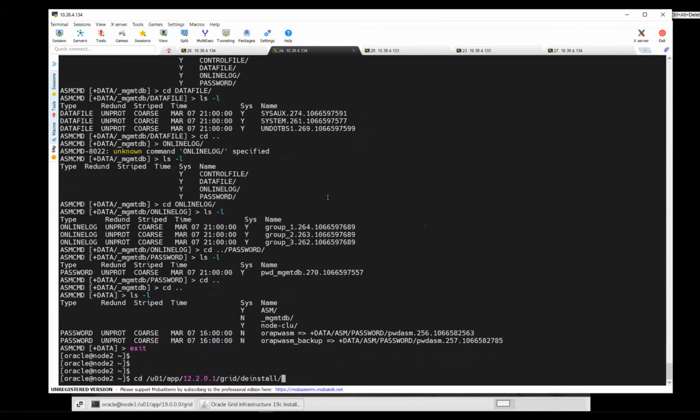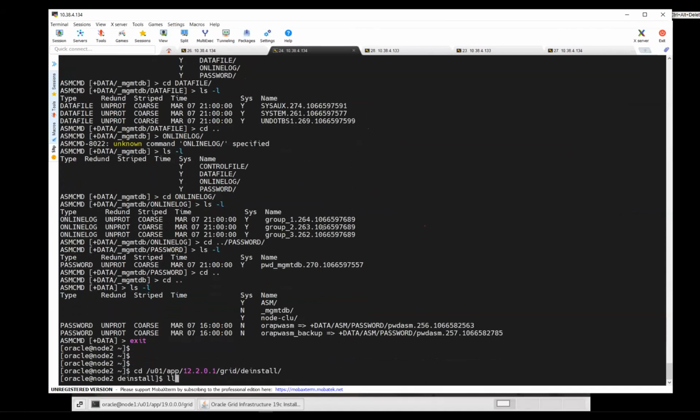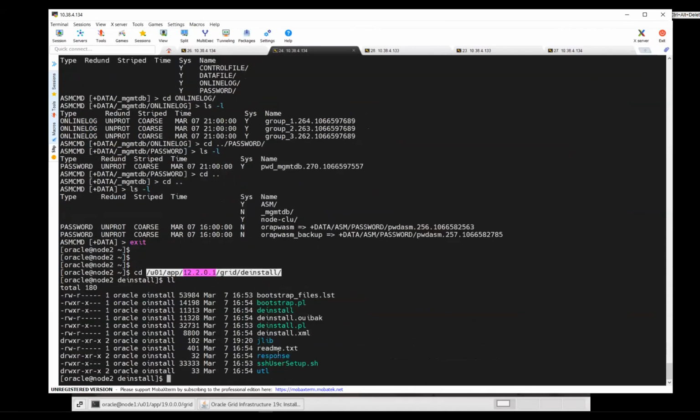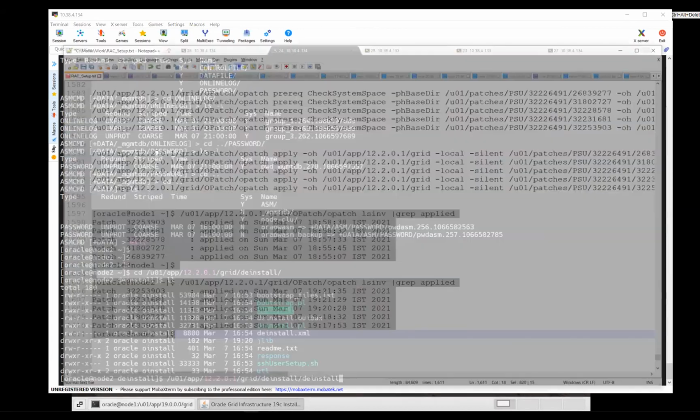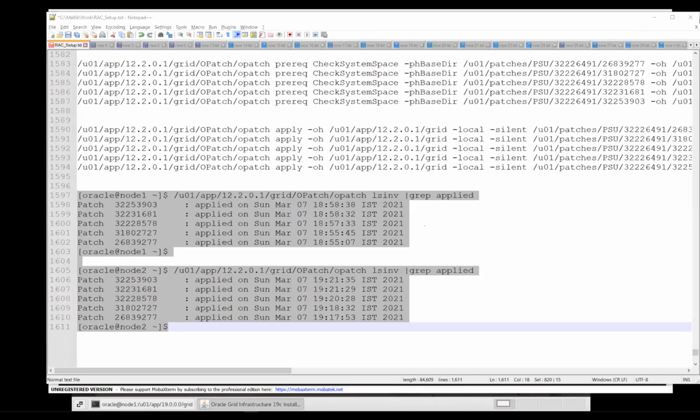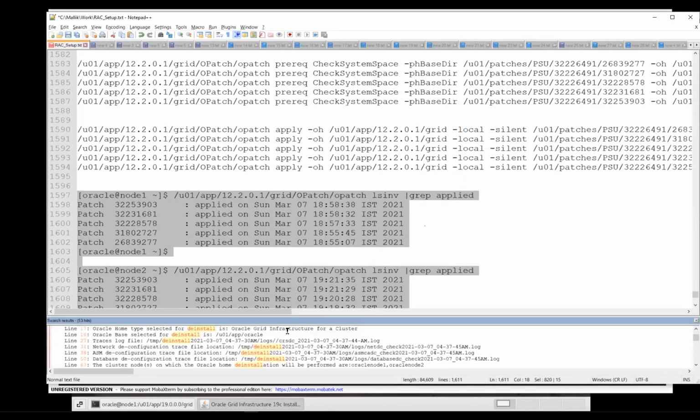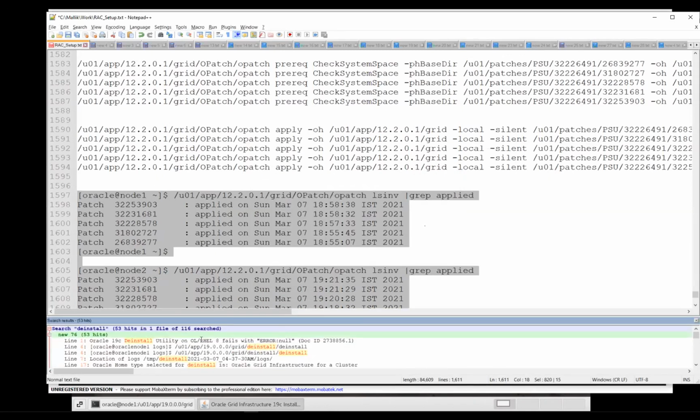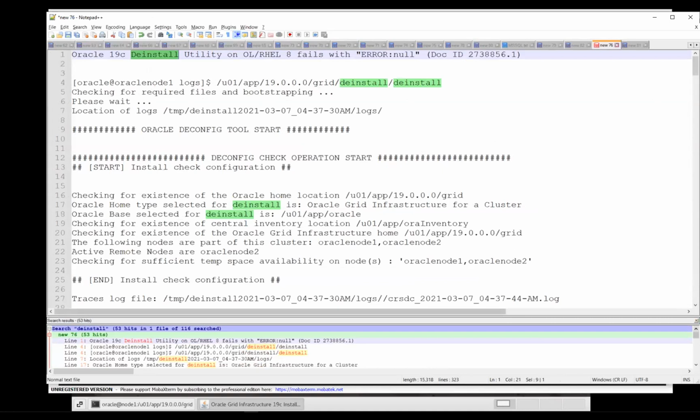There's a deinstall that comes by default along with this, and you can run this particular deinstall. This one slash deinstall, just run it. It will do a deinstall. So that was an interesting question you brought. Where is that? Okay, here it is.